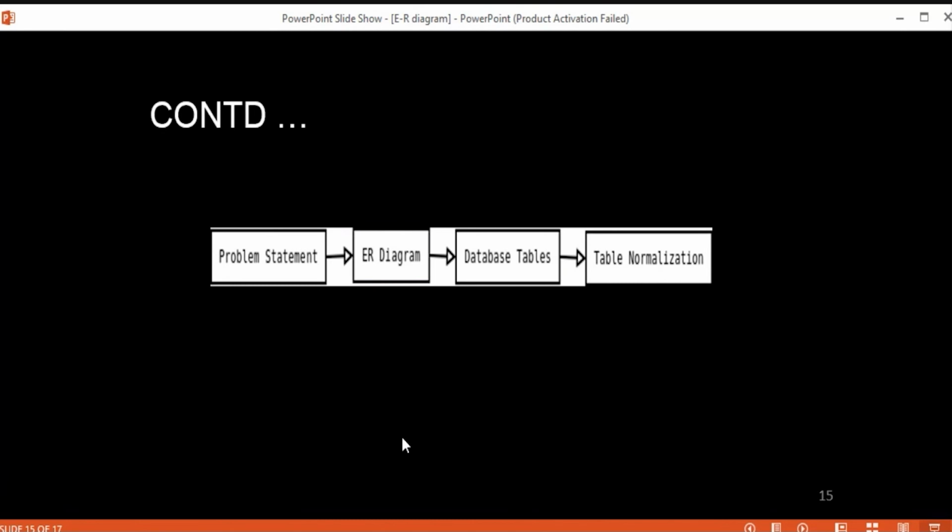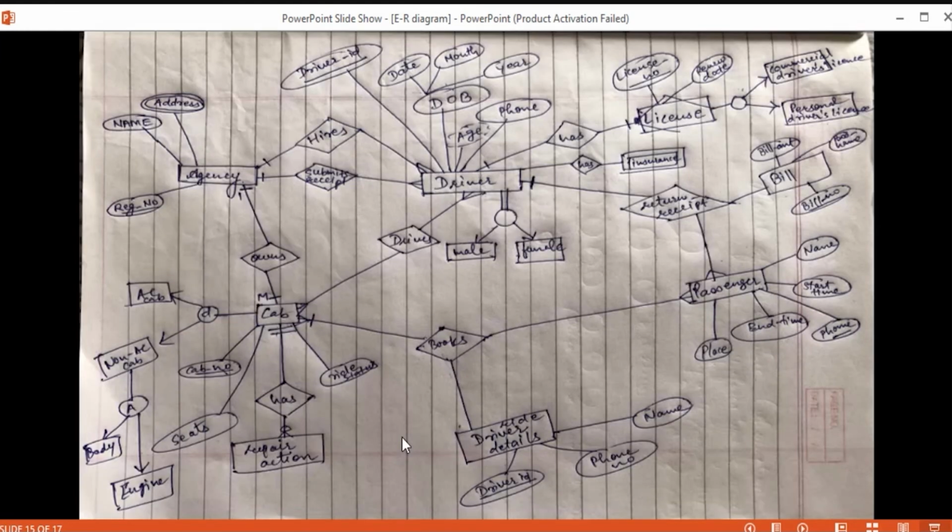ER diagram basically serves the purpose for all these things, and to depict any particular system or whatever problem is given to you, we will try to make a more detailed and accurate ER diagram, so that we can have a clear idea about our system. So this is one example of a cab management system, the ER diagram for the cab management system.